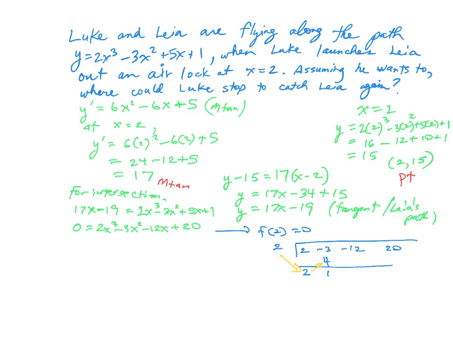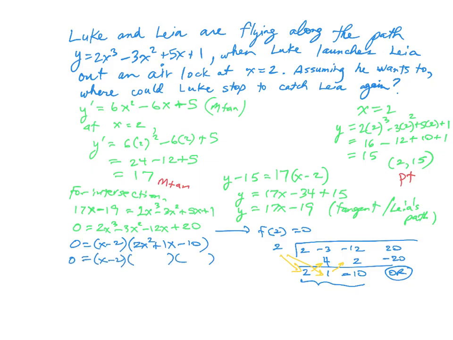And then you repeat the process. Then you do 2 times 1, and you put it up there. And you get 2, and then you add, and you get negative 10. And then you do 2 times negative 10, which is negative 20, and then you add. You'll know if you're right if you get a 0 remainder there. So we knew it had to be a factor, so you should get 0 remainder. So the equation now becomes 0 equals x minus 2 from the factor we found, and then 2x squared plus 1x minus 10. Those coefficients come from the bottom here. And now, if you try and factor that,